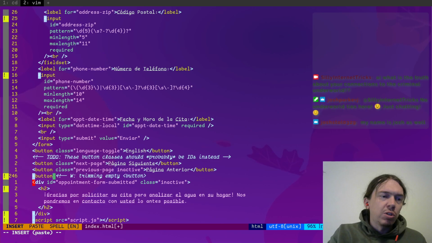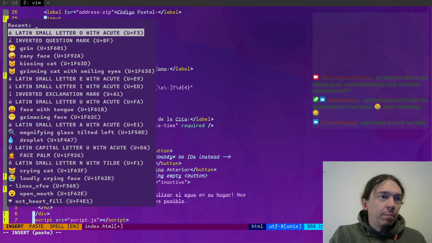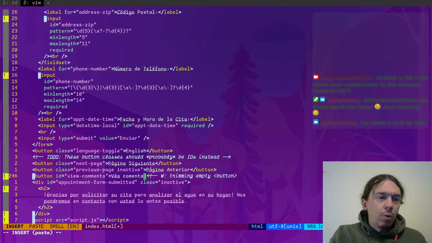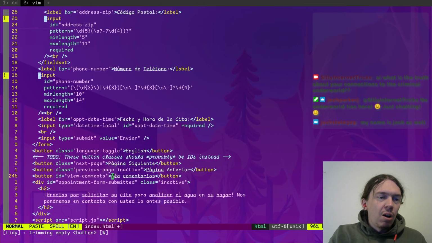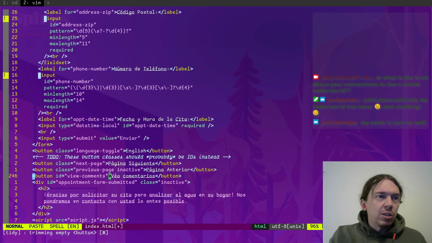So, well, since this one's new, let's go ahead and make it an ID. ID equals view comments. And it says via comentarios. I think that's basically Spanish. I'm not going to worry about it too much. Okay. So that'll be a button that exists.